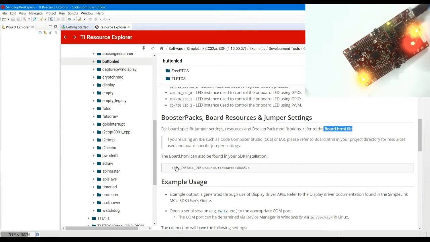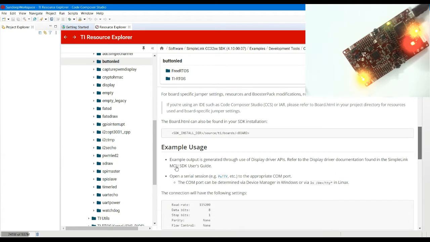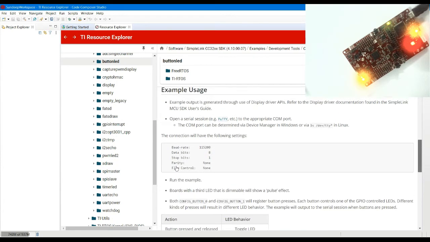board.html that will be there. I will show you where it is. In that particular file you will see which jumper needs to be placed where for this example to work. And apart from that, you will have a UART connection wherein the settings are these. So if you are using PuTTY, or any other software for capturing the UART data, it's up to you. You just give all these settings, and once you connect your device to the PC, you